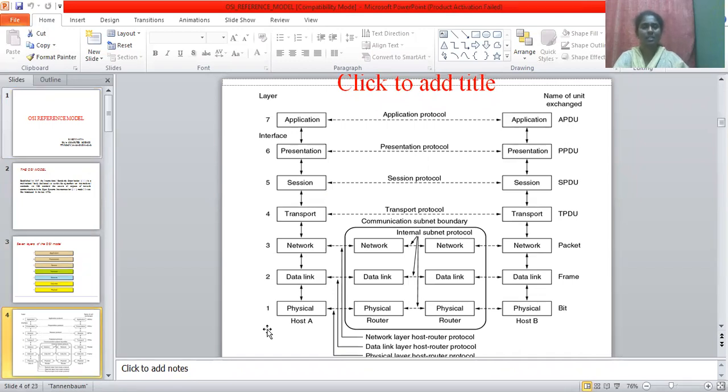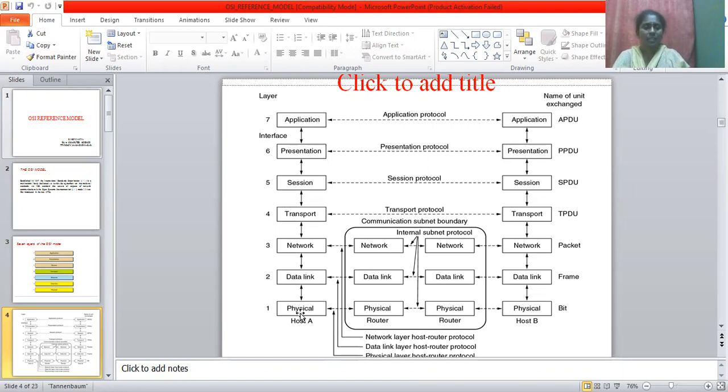Protocol is nothing but a set of rules in which communication is specified. So between the application layer there is an application protocol, and between the presentation layer there is a presentation protocol. Between the session layer there is a session layer protocol, and between the transport layer there is a transport layer protocol.